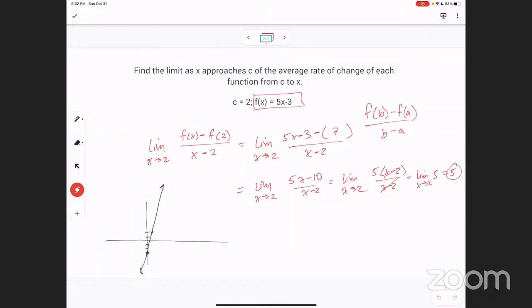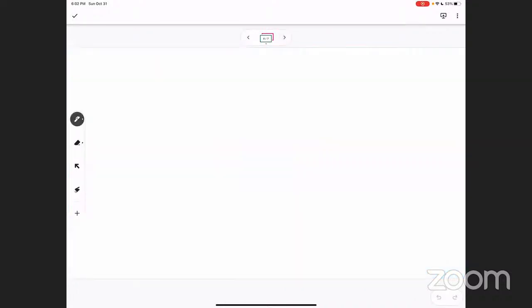Well, let's pretend like it said the exact same thing, but C was 2 and f of x was something else. Let's say that C was 2 and f of x was x squared plus 1. So the average rate of change, the limit as x goes to 2 of, again, f of x minus f of 2 all over x minus 2. So that means the limit as x goes to 2 of x squared plus 1 minus, what's f of 2 going to be? 5. Good. All over